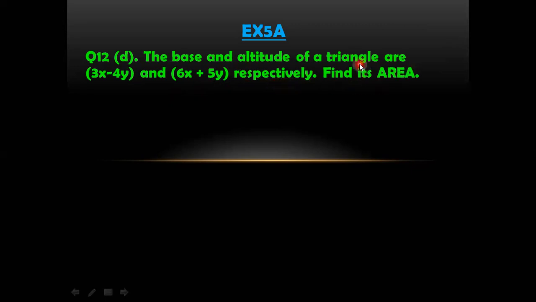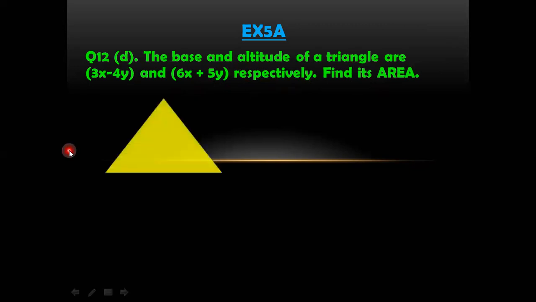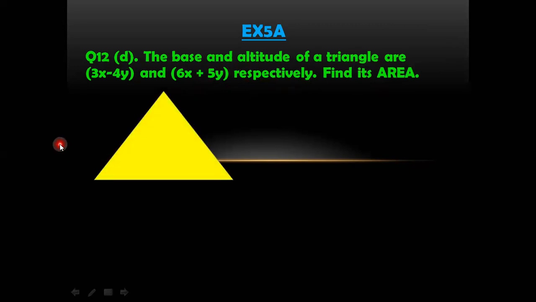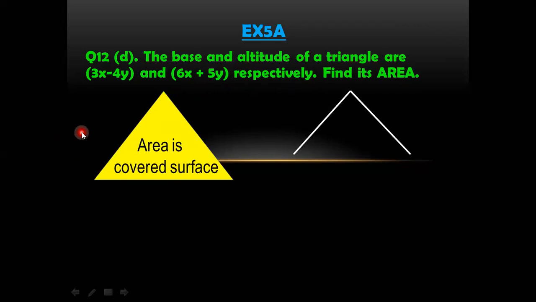फाइंड इट्स एरिया एज इट इज अ ट्राइंगल. So what is meant by the area of the triangle, as it is a closed figure, so the area is its covered surface. जैसे इस वक्त आपको ये जो yellow area नजर आ रहा है, that is the surface covered by this triangle. So now let's see what are its dimensions which are given in the question. This is the triangle, let's say the given triangle, and this is its altitude. Now what is the altitude? Altitude is the maximum height of the triangle. This is the vertical height, maximum vertical height of the triangle.